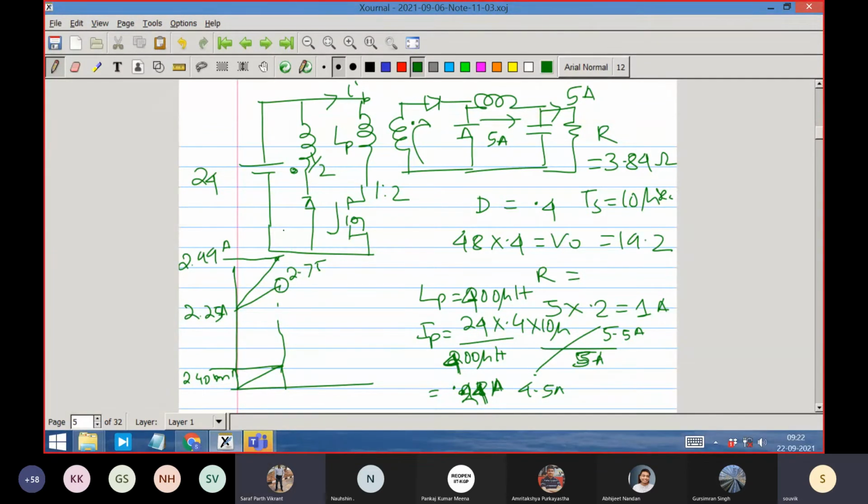Won't it be 5 into 2, like 10? I mean to say it is 9 and 11, right? Oh, okay. So this is not 5.5 into 2. 5.5 into 2, so it is 11 ampere, and this is 4.5 into 2, that is 9 ampere. So it is 9 ampere. So this current is then 11.24 ampere. This is 11.24 ampere. Correct.